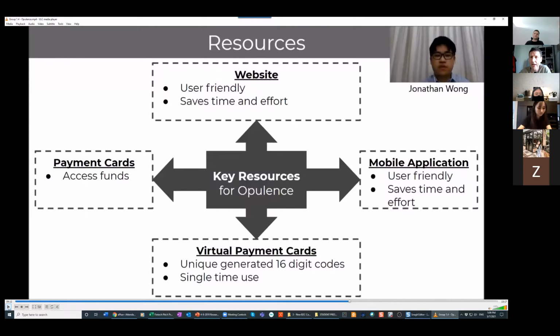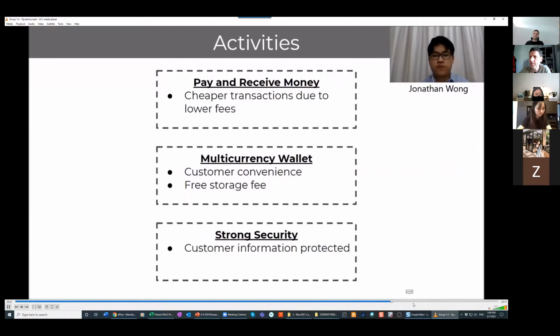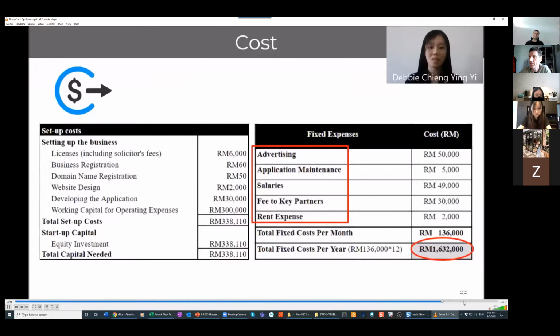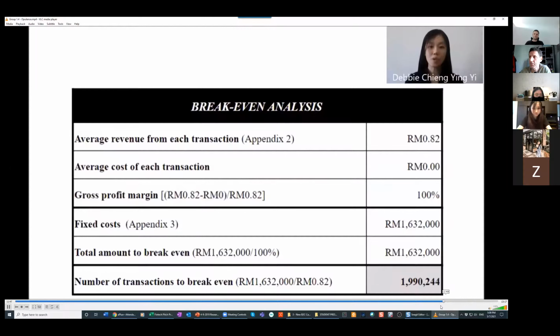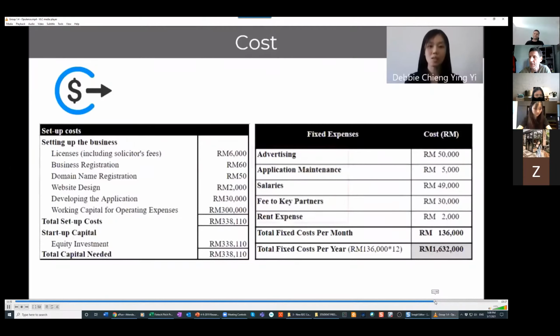Compared to the traditional, to spend effort to transfer money in and out to avoid 2,000 ringgit. With an average revenue per transaction of 82 cents, advertising costs, maintenance costs, salary expenses, fees to key partners, and rental expenses, which end up with a total cost of